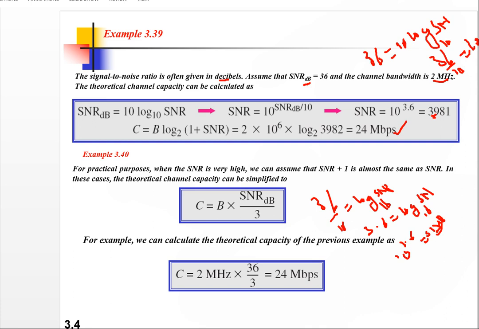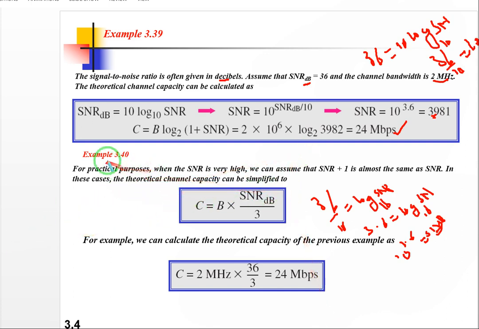Okay. So keep in mind these two concepts, which are more important, because each and every question regarding data rate or bit rate or transfer of data is according to Nyquist or Shannon capacity.